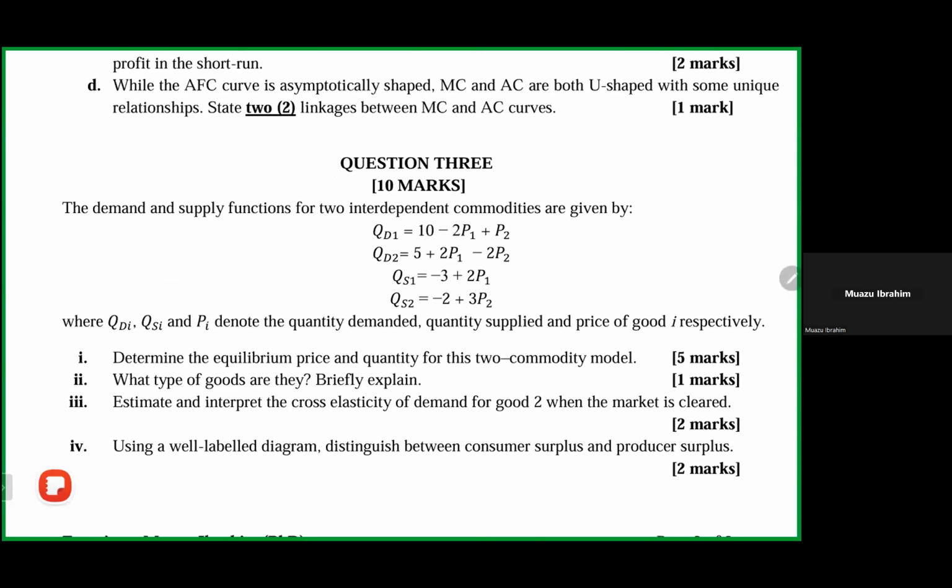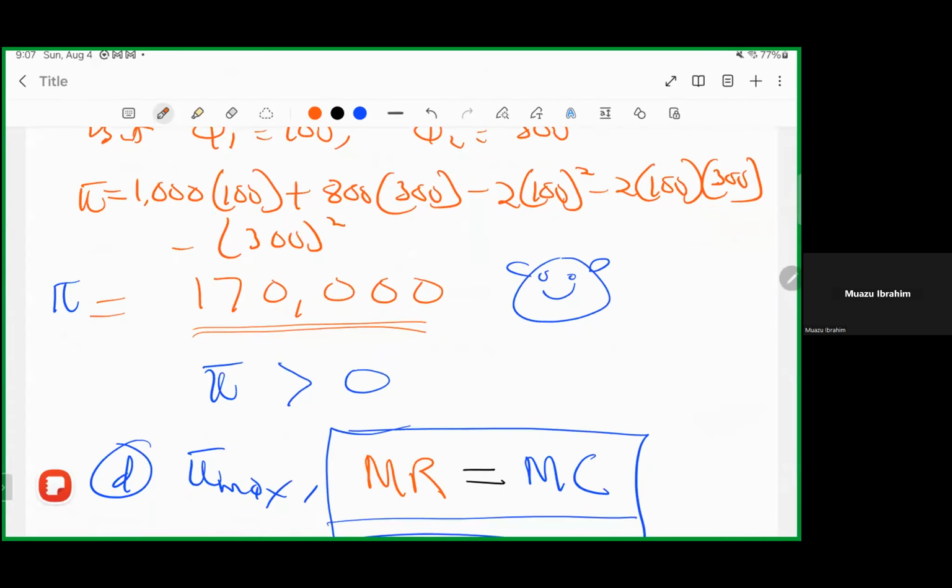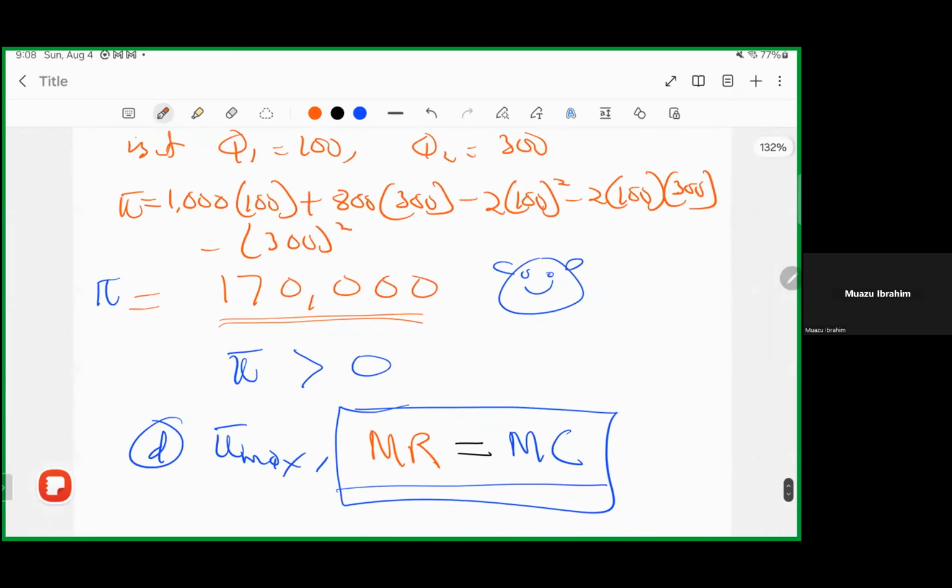But like I mentioned, please constantly practice what we've been doing, and also pay attention to the things that we've been solving in class. I will not bring anything that we have not done. Like we've not done utility theory, so I won't bring any question on utility theory.